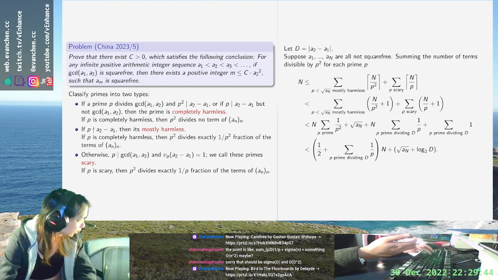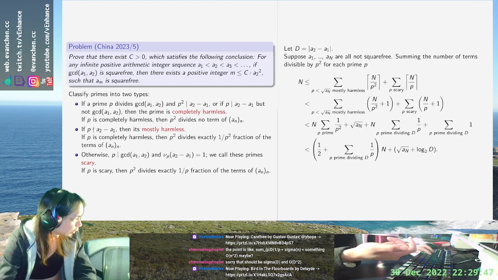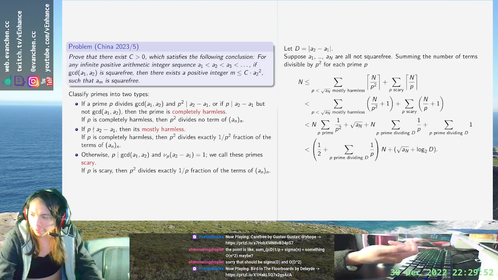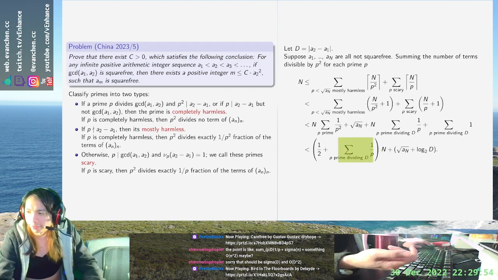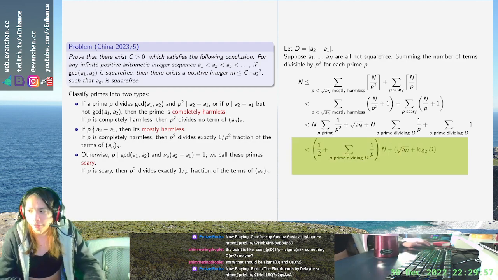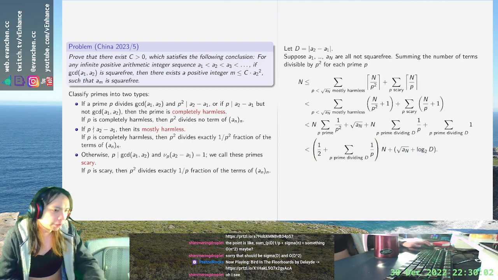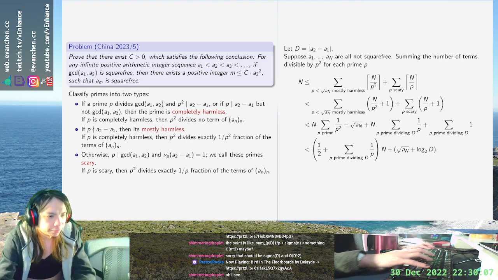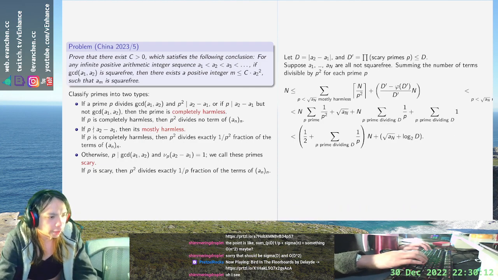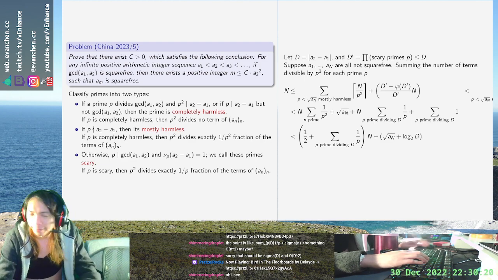No, the problem is the sum over p dividing capital D can exceed a half. If D is divisible by enough primes that this thing exceeds a half, you're just screwed, right? This inequality will always be true no matter what n and D are. So that's why I can't let that happen, which is why I need to implement something like this instead. Right, because the whole point of setting this inequality up is that I want to make it such that if n is large, the inequality becomes false. Okay, so